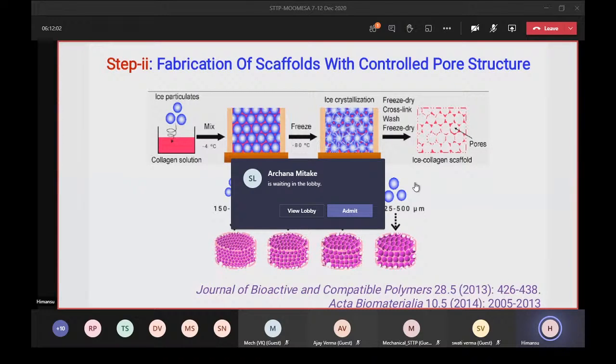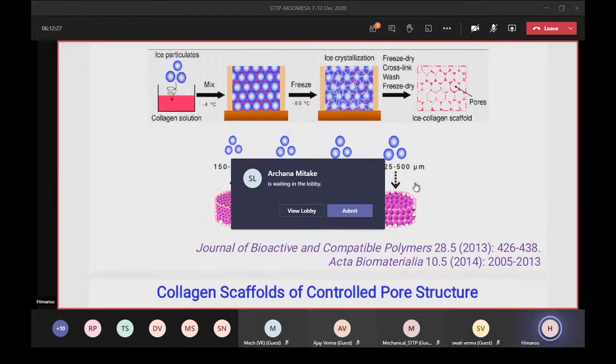When you freeze it, everything is ice, and you do not know which is ice and which is polymer, but then you do freeze drying. After the freeze drying, the ice particles are removed, and immediately the ice crystals leave interconnected pores, and those interconnected pores create an array of pores throughout the 3 dimensions. So in this 3 dimension you can use 150 to 250, 250 to 355, and different ranges of